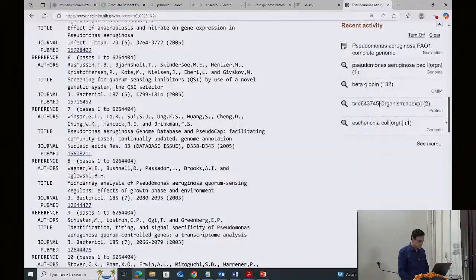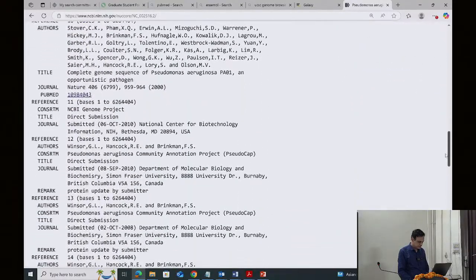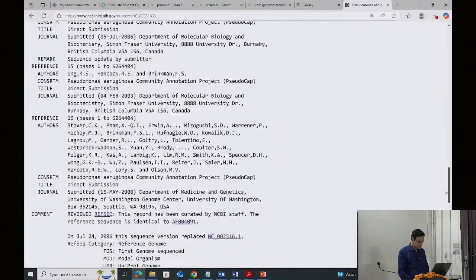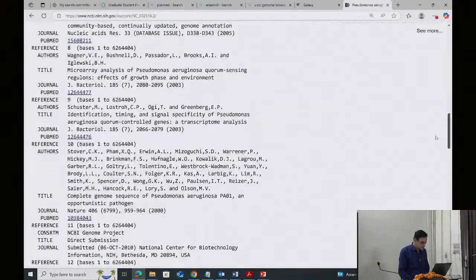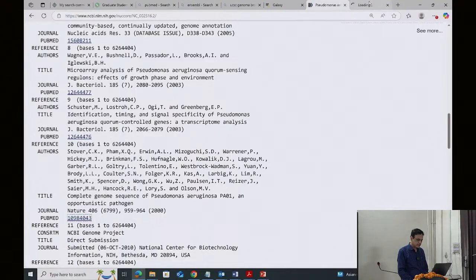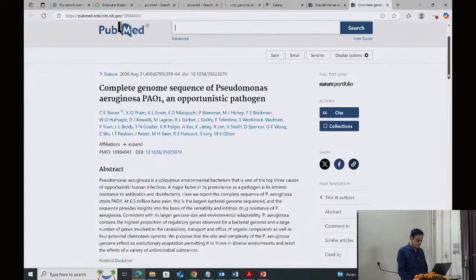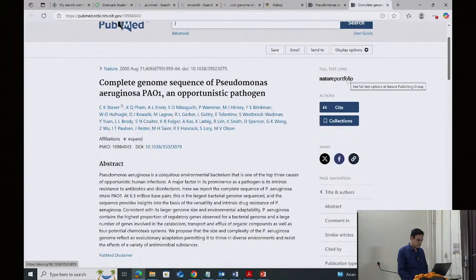So I am looking for that, and I think it is at the top. Oh, here this one: Complete genome sequence of Pseudomonas aeruginosa PA1, an opportunistic pathogen. If you click on this, let's do a new tab. Okay, so here is the paper, and this paper is now publicly available. So click on this,